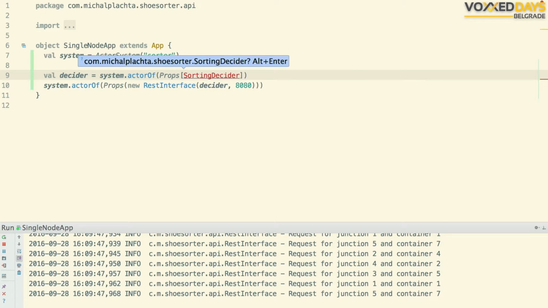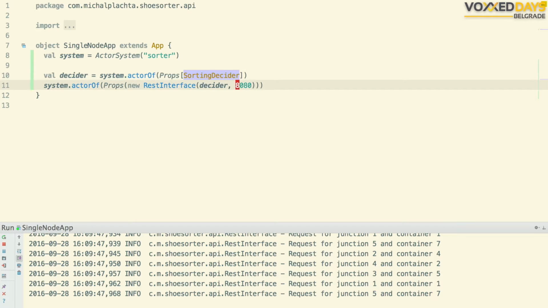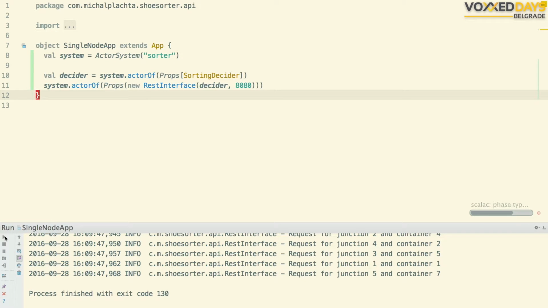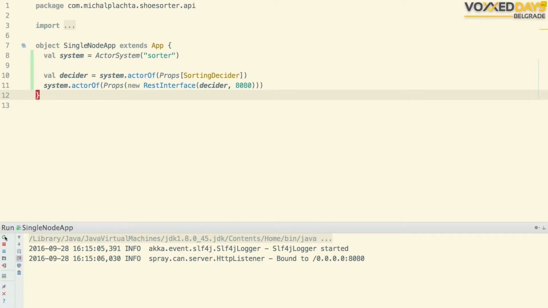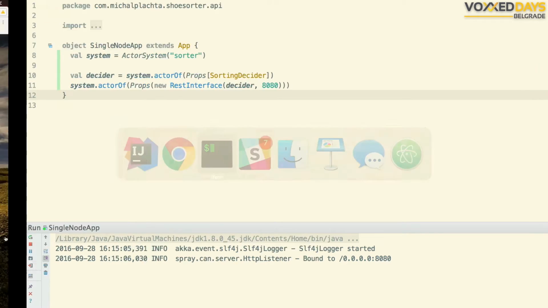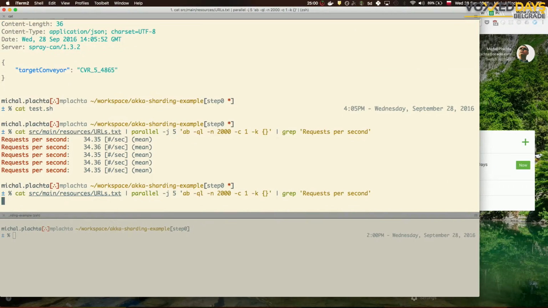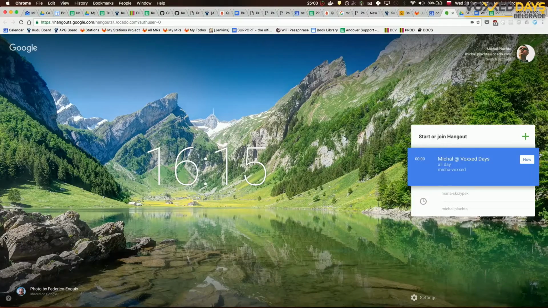It doesn't have any parameters, so this should just work. Let's try it. So this is the whole implementation. What we did, we just added another layer of abstraction, another actor, but we just moved the code around. It works. I'm running the tests again, going back to slides.